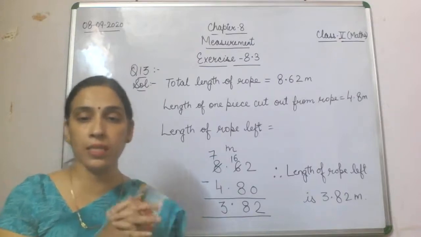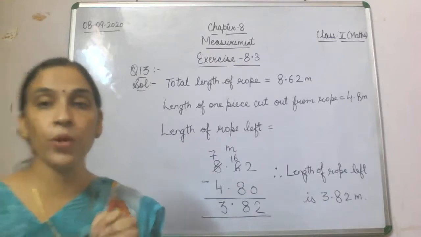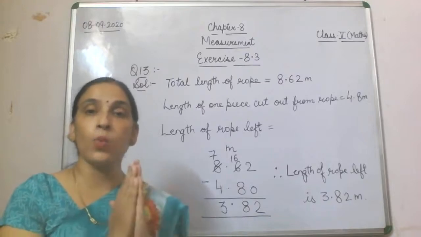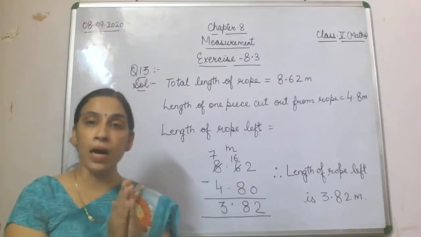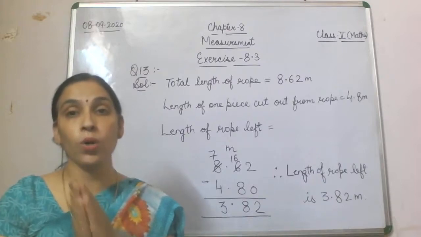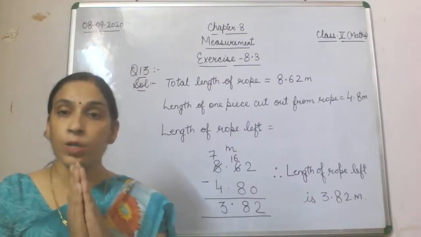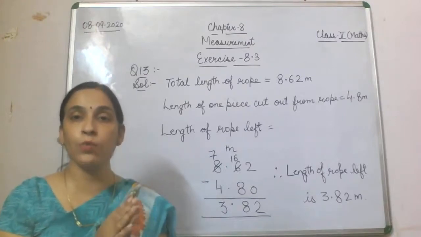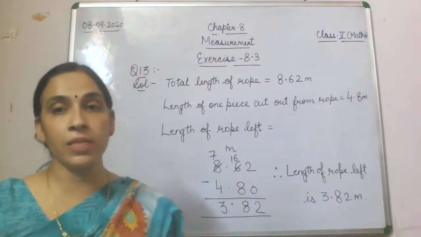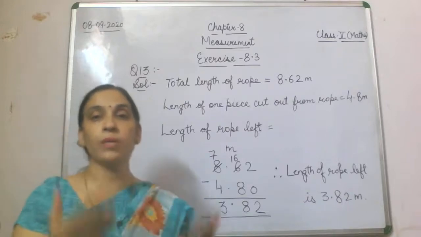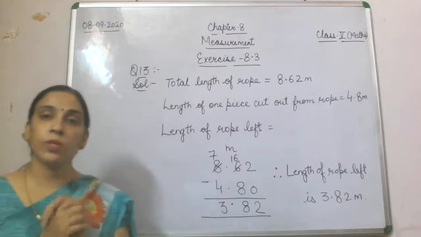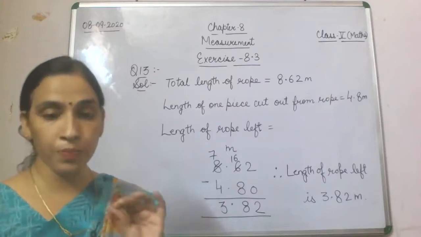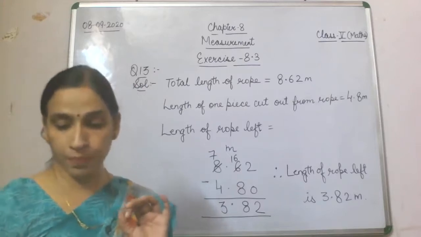What is the total distance? That is 25.8 kilometer. Out of 25.8 kilometer, you will subtract whatever length you get after adding the distance walked on Monday and Tuesday. You will add those two distances, and then subtract that sum from this 25.8 kilometer, and then you will get the distance walked on Wednesday. Fine. So here is your question number 14.